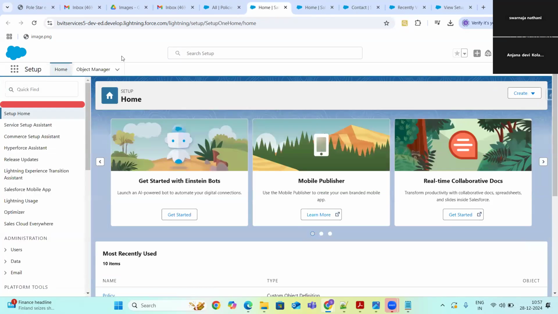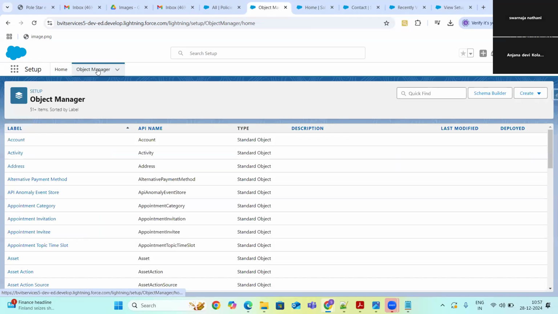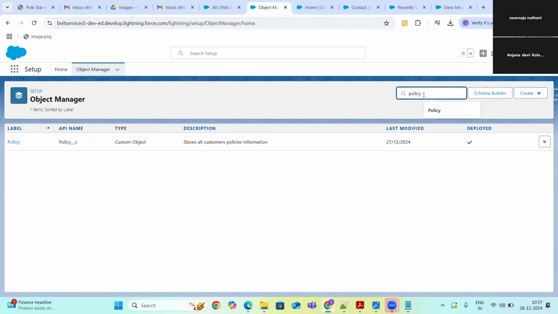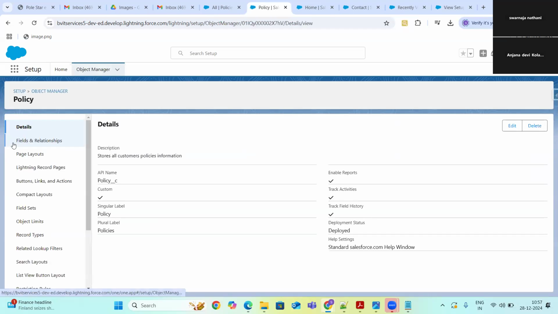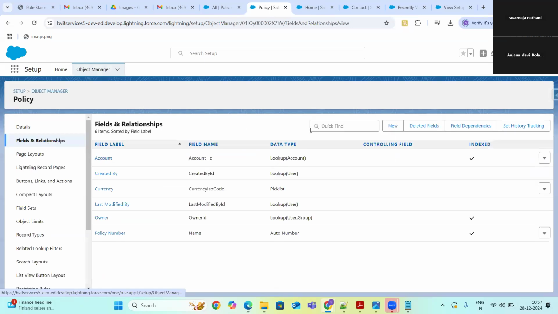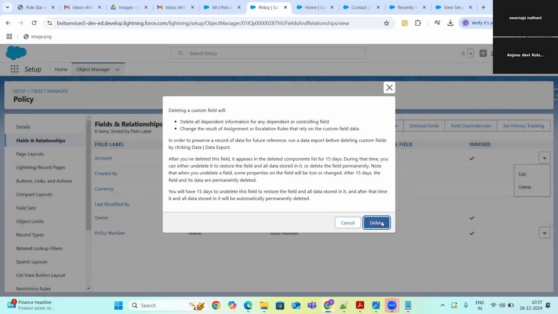The first question they will ask you is, can I create a master detail relationship on the custom object if it has records? The answer is no. You cannot create master detail relationship. The first thing is lookup relationship we were able to create, and you are clear on how lookup relationship works also, right? Now let me delete this lookup relationship field.